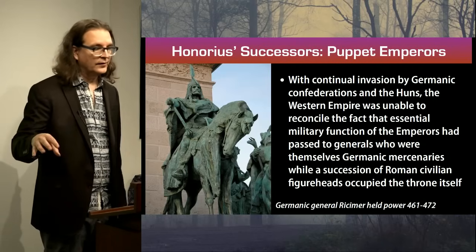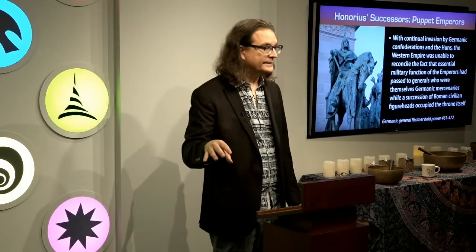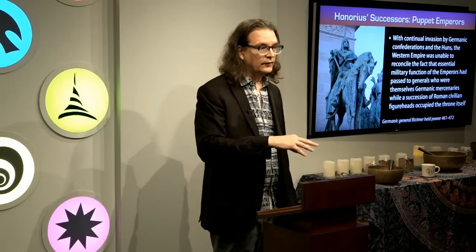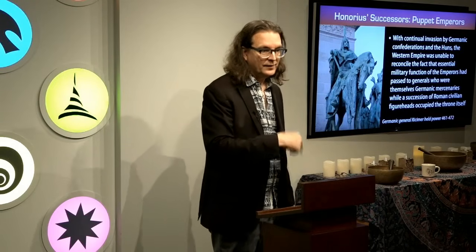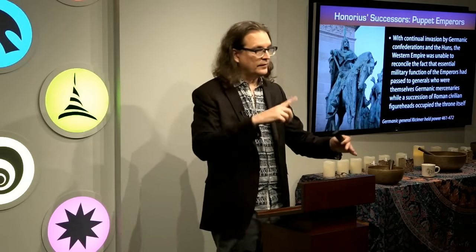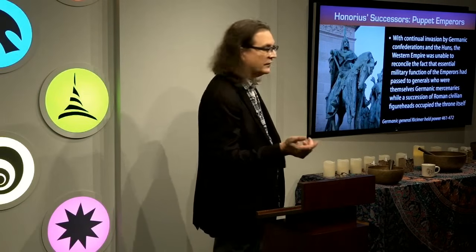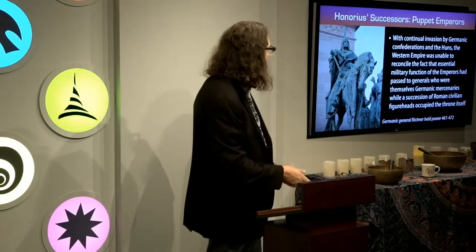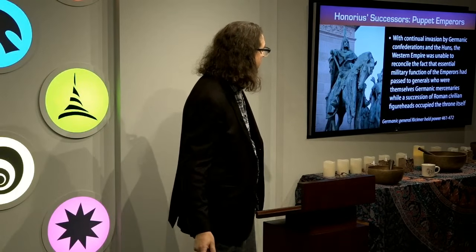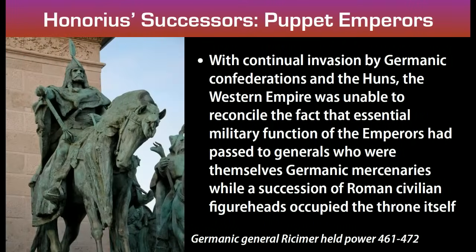And so unfortunately, this can't be reconciled. The real power is in the hands of the military because it's a continual military crisis. But the civilian government that has all the legitimacy can't share the same power. And so they're always constantly conspiring against each other, the two forces essentially trying to off each other, and often do. So there's a succession then of Roman civilian figureheads occupying the throne themselves, while people like Ricimer here, this is a modern statue, held the actual power,